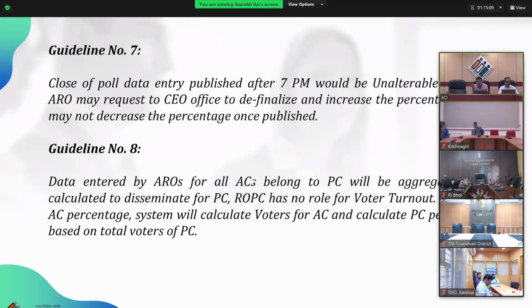Then if I request the office to enable the entry, in that case also the ERO will only allow to fill the percentage which is more than 60%. I am not allowed in the portal to enter less than 60%. Okay. So please be very conscious while you're doing data entry for close of poll, because